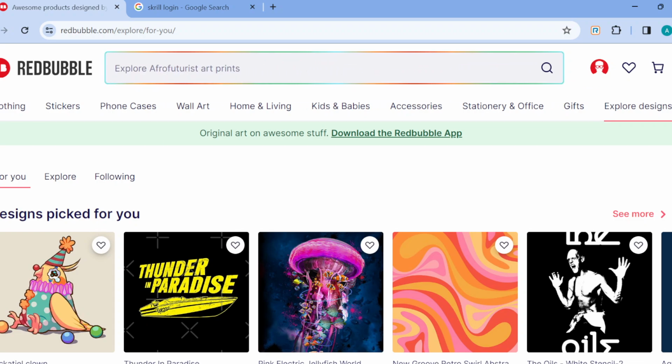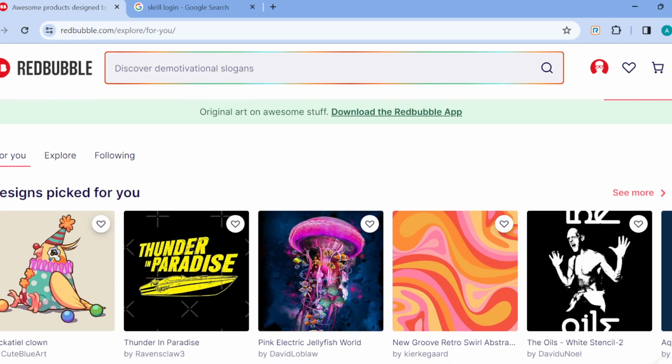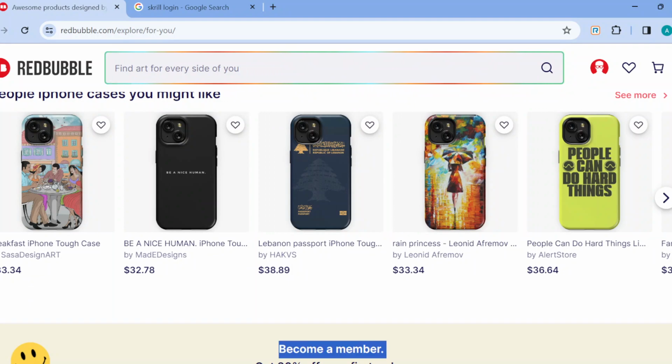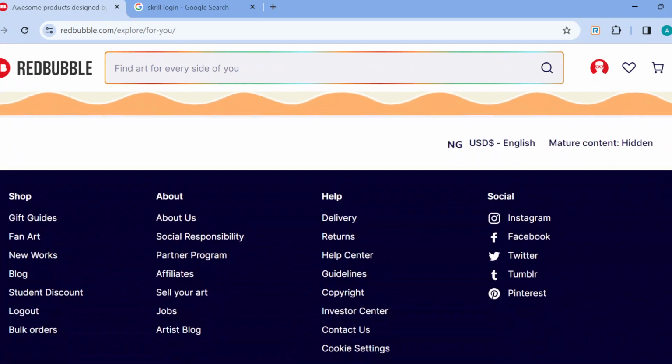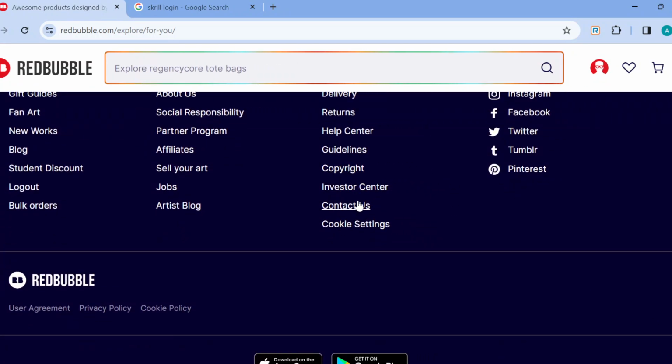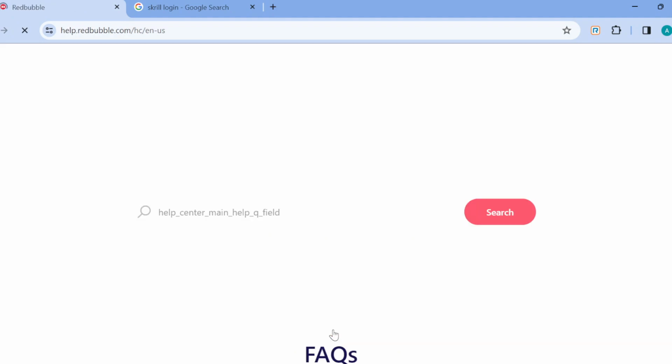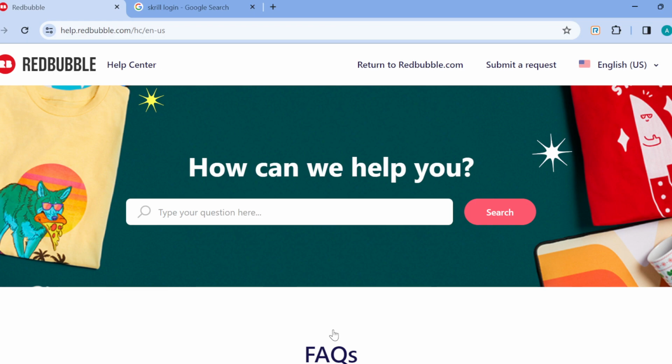So once you've made an order and then you realize that you made a mistake or you no longer want the order, just scroll down to the last part of the page and then click on the contact us option. Once you click on it, you'll be taken to the contact us page. On this page, select contact support now, and then you'll be redirected to Redbubble customer service, where you can